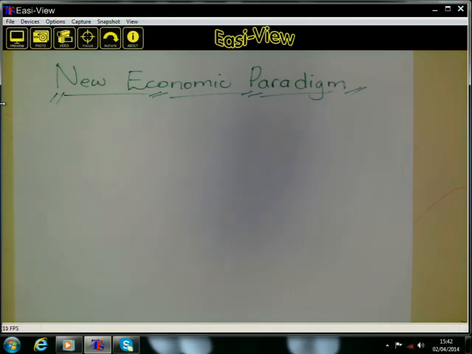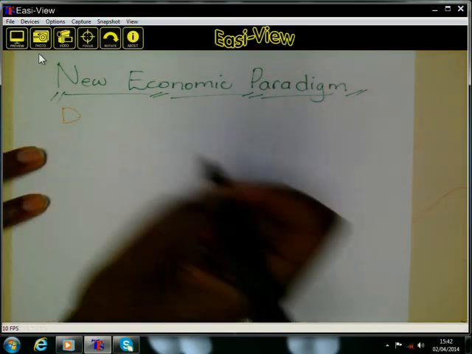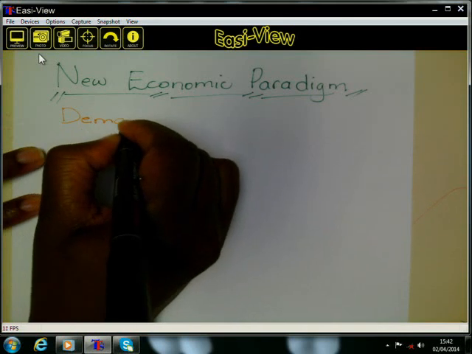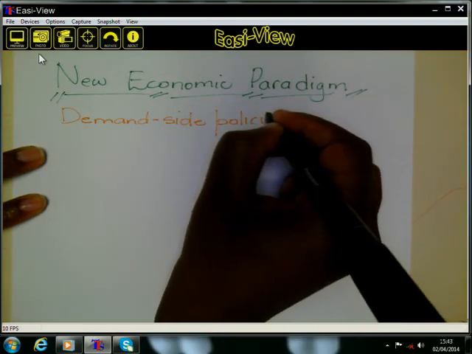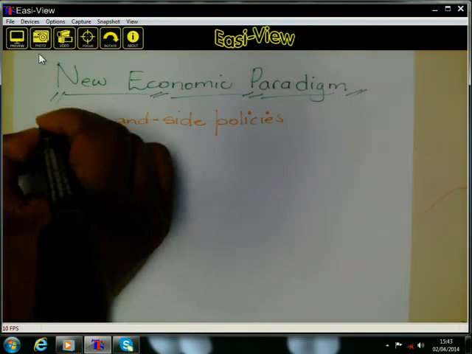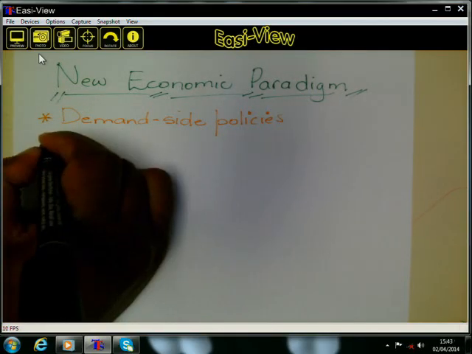So now, what is the government to do? To intervene or not to intervene? That is the question. Let's try and solve that. For the government to make sure that nobody is complaining, the businesses are happy, the households are happy, no complaints, but you know it will never happen. We complain anyway. So under the new economic paradigm, we have the demand side policies, which is all the demands that you get from the side of the household, the consumers. And then we also have